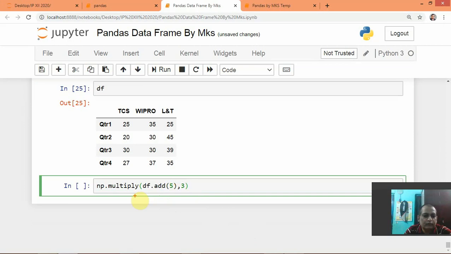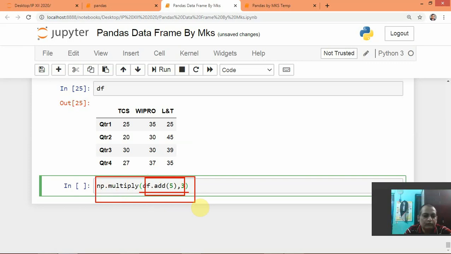First, what will be there? This work will be first. It will add 5 to each element, and the outer function will work later on.